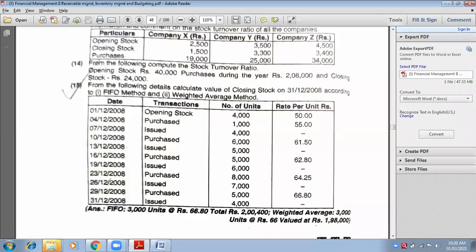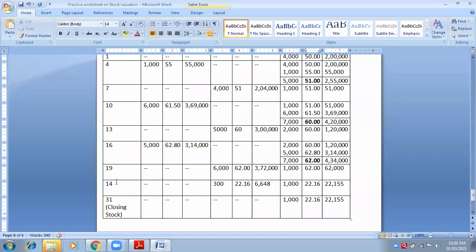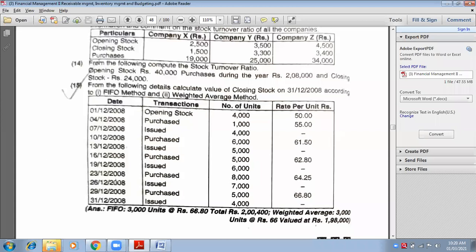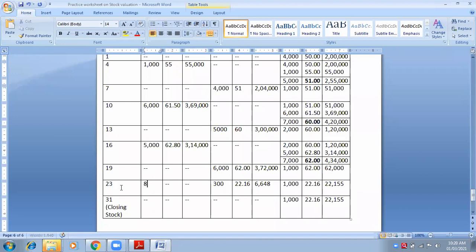Next date. After 19th, we have 23rd. Purchased. Wait, let me change the date first. 23rd. Purchased 8,000 units at the rate 64.25. So what should be the amount? 5,14,000. Now, the issue column will be nil and the balance, the same 1,000, will be brought down at the rate 62.00